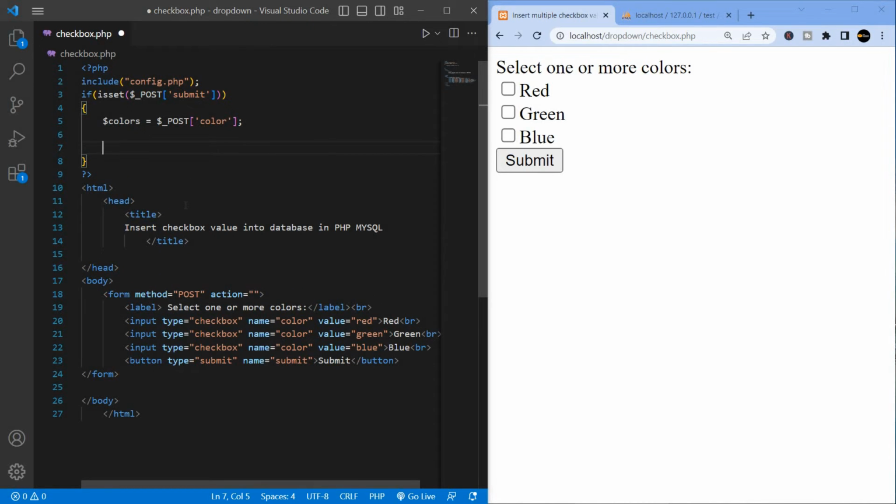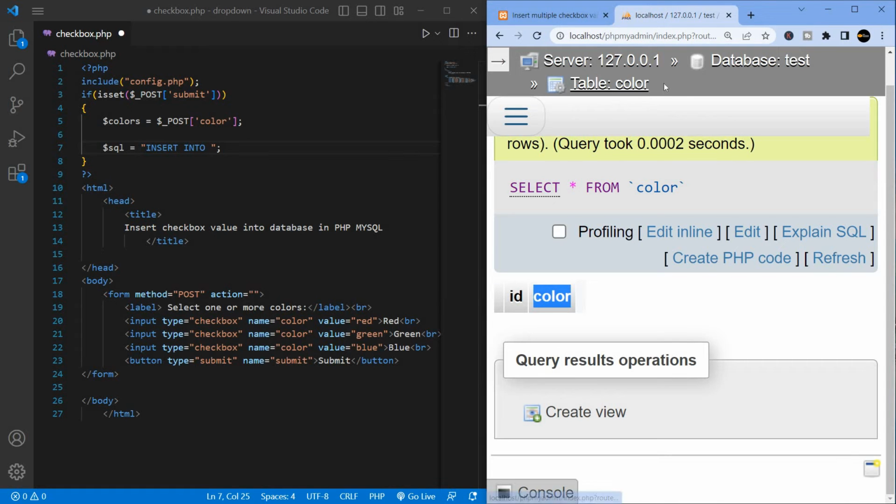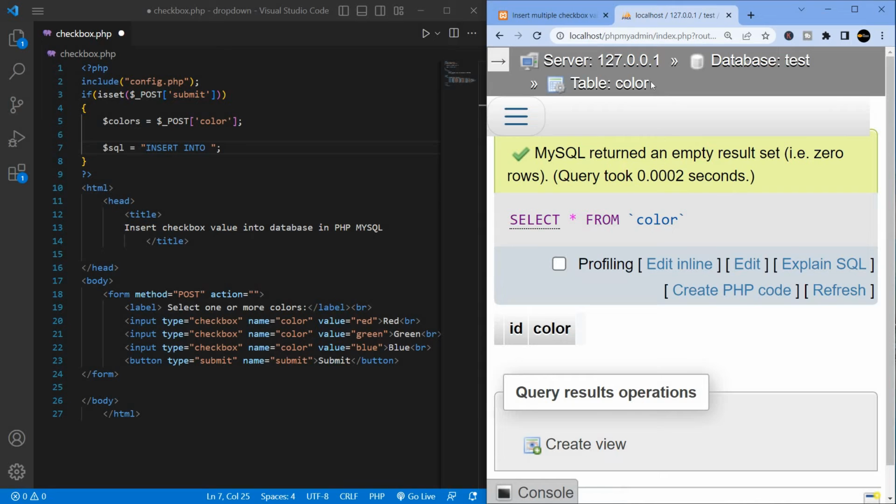Now write SQL query or insert query. $sql equal to insert into my table name. My table name is color. Copy, paste,